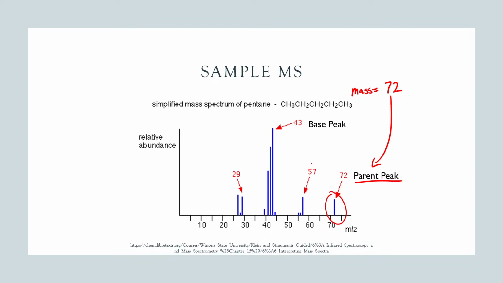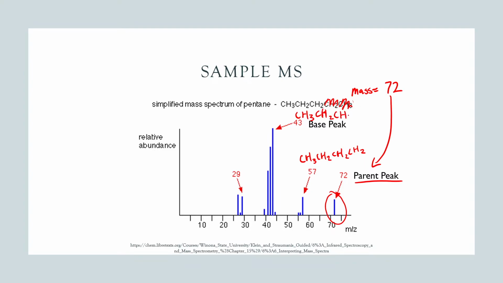We also have a peak of 57. And if we were to do a little bit of math, what that would show us is that this peak here that we see would be CH3, CH2, CH2, CH2. Essentially, we lose one of our end carbons. And if you were to add up the masses of all of these atoms here, that would add up to 57. If we were to lose another one, that would give us a mass of 43, which matches with this peak here at 43,